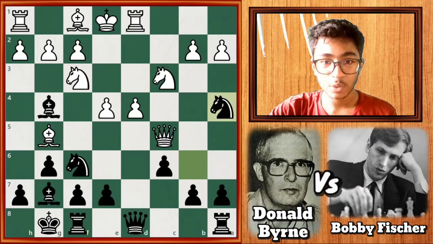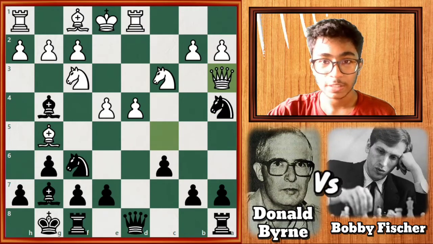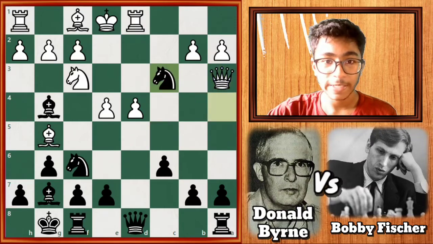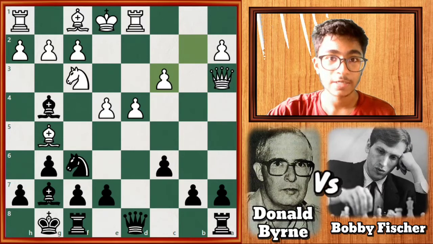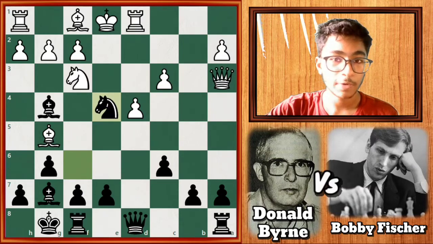So after knight to a4, Donald went for queen to a3 as he has shown this. So after queen to a3, Bobby Fischer played knight into c3, b into c3, and here Bobby Fischer simply picked up the pawn on e4, knight into e4. And now black is doing perfectly fine